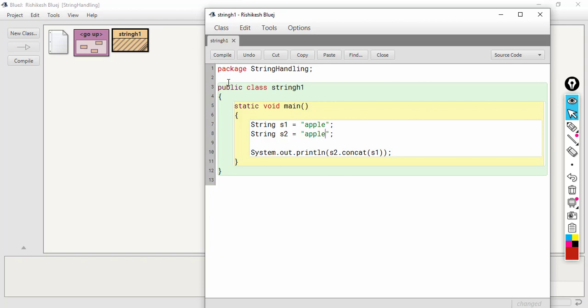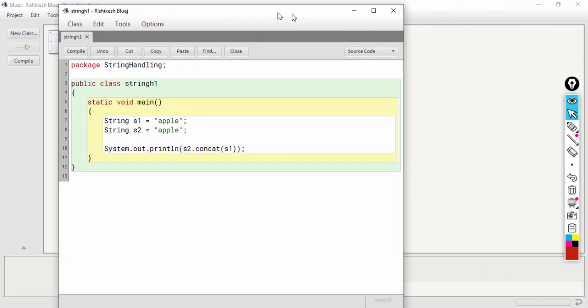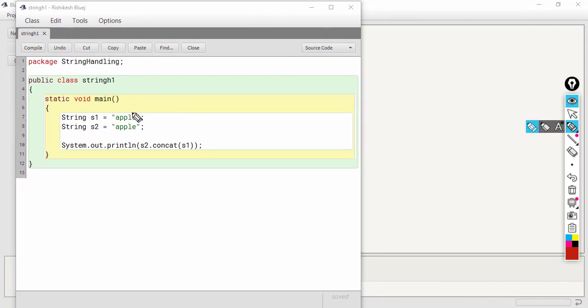We know that strings are objects. When we create a string object, the JVM first checks whether the object is already available in the memory or not.